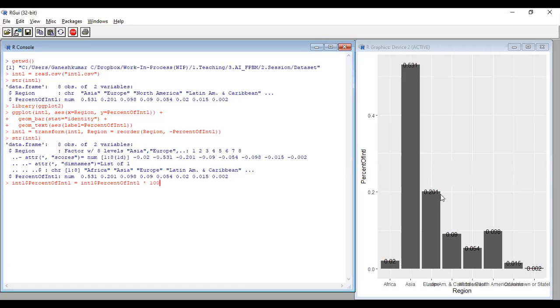This will be 53%, this 20%, this some 9%, 5%, this around 10%, this 1.2%. So into 100 we are changing. We transformed this content in two ways: one is the arrangement based on the values, and second is the percentile from 0 to 1 to 0 to 100. Up to this step you complete, then we'll go to the final ggplot.